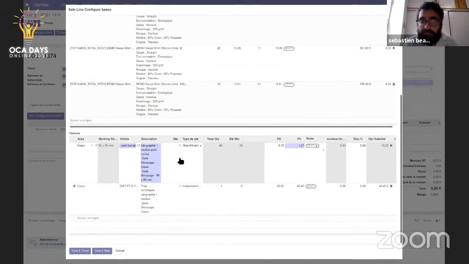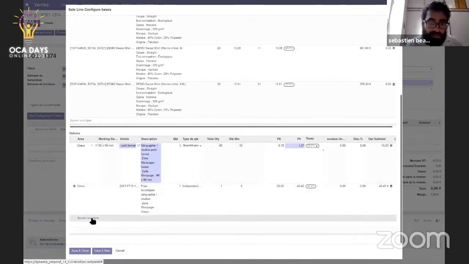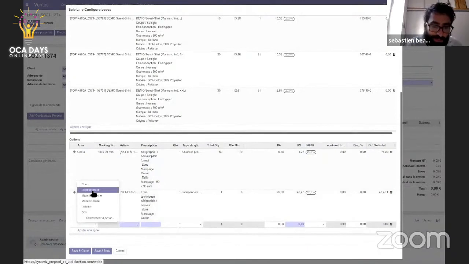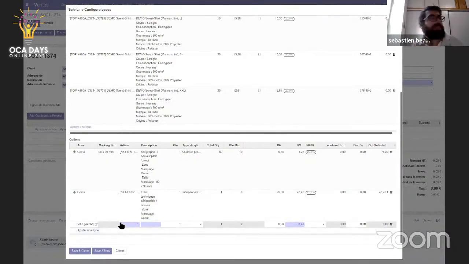So in my case, mostly it will always be one because the quantity is proportional. Depending on the place, I can here add an option based on the area of my product. This is the sale configurator option area module.